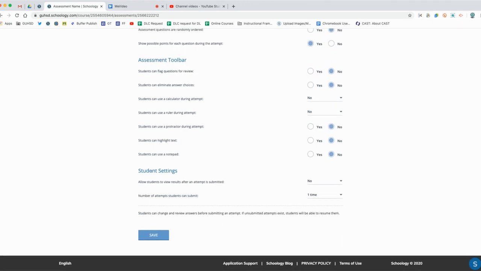And these are the student settings. So, allow students to view results after an attempt is submitted. You can say no or yes. If you put no, then what that means is you will manually release the scores to the students at your discretion. If we put yes,